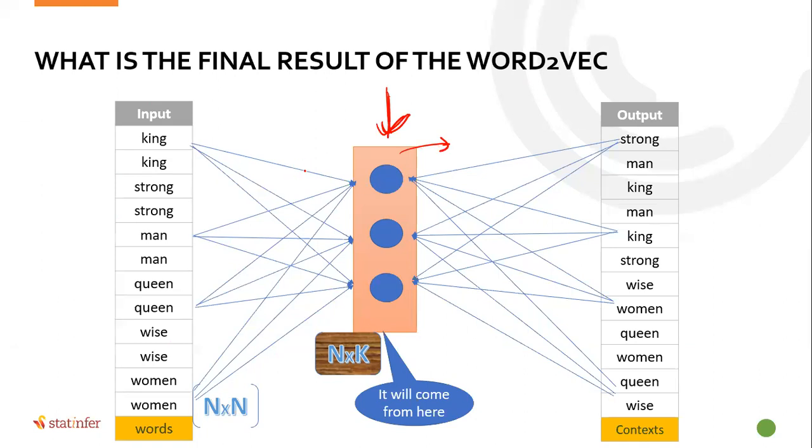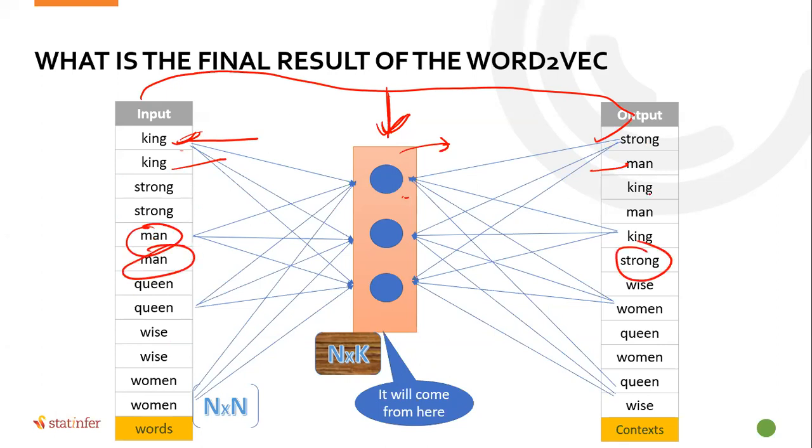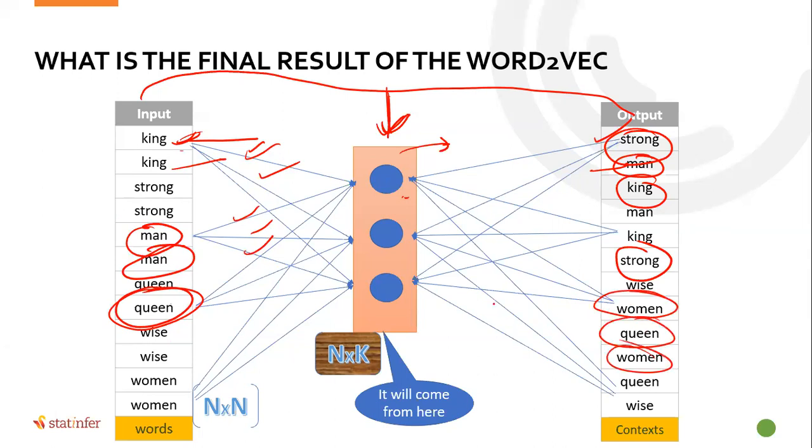You will be surprised to know the results. There will be even hidden relations that will be caught, because somehow when you are converting words into numbers, you have tied them to context. So if king is connected to strong, if king is connected to man, similarly man is connected to strong, man is connected to king, then maybe the weights corresponding to king and the weights corresponding to man will be in such a way that they are somewhat similar. Queen has never been connected to strong, queen has never been connected to man. Maybe the weights related to queen will be largely defined by other values. Weights related to king will be largely defined by certain values. Those weights are automatically adjusted. You will get much more